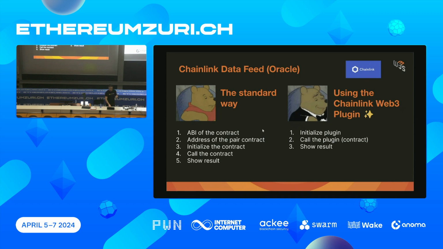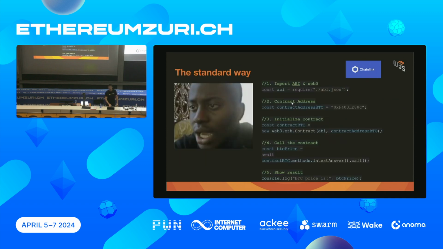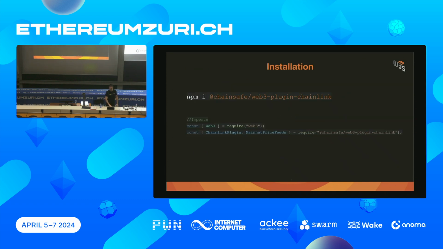So all these things are happening under the hood for the plugin, abstracting more things for developers, making it easier for them to use Chainlink in this case. This is the standard way to interact with Chainlink. You need to do these 5 steps. But with the plugin, you just need to run npm install